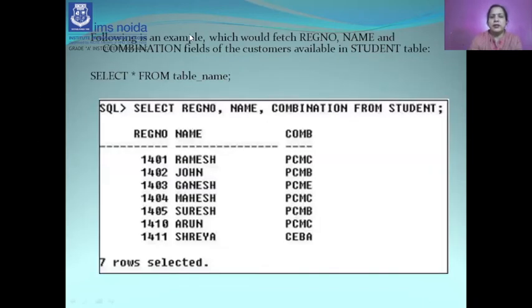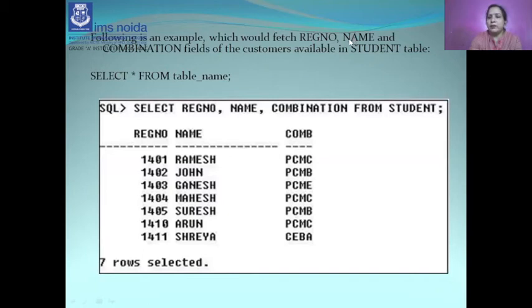Following is an example which would fetch the registration number, name and combination fields of the customers available in the student table. The student table which we had created with the help of the create command in the data definition language video. Then we used the insert into command to assign the values.